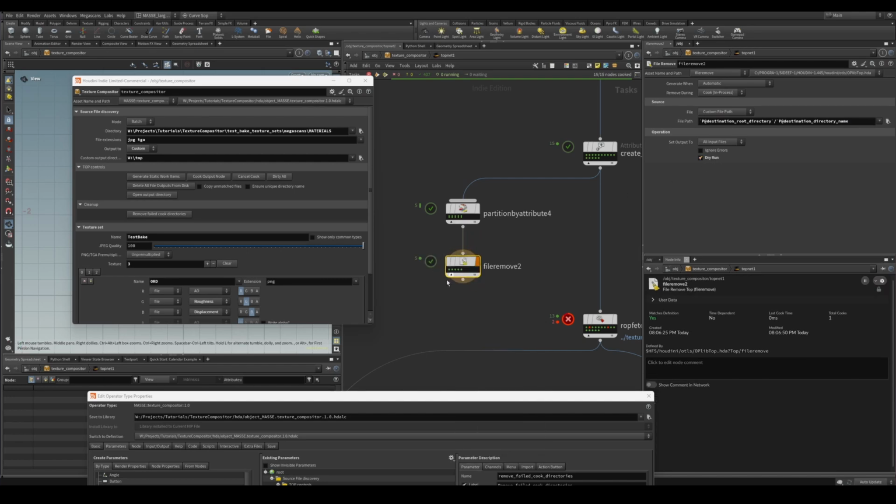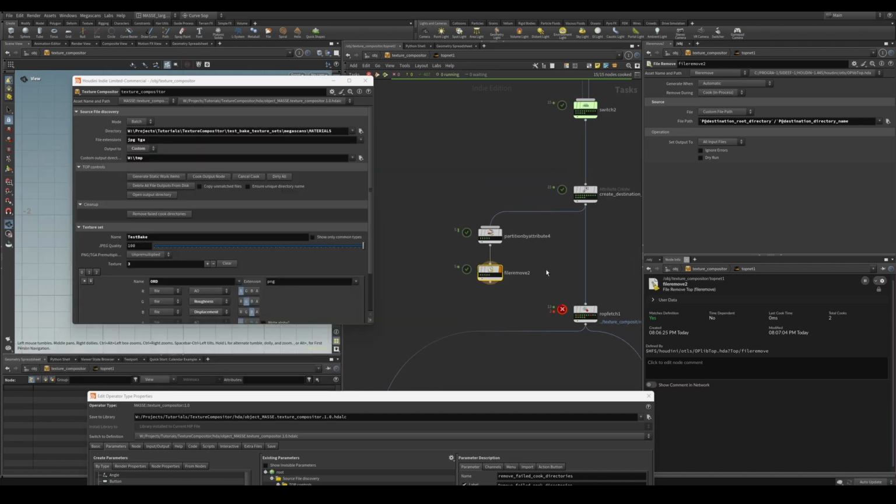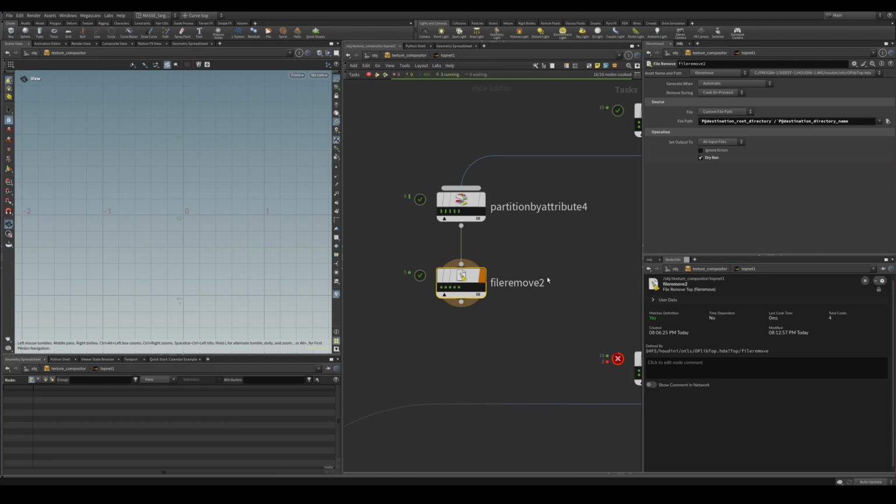Let's cook it so this doesn't show any errors. Let's turn off the dry run. Clear it, cook it. You can see now it's gone. So we have deleted all the directories from here too. And let's hook this up to the